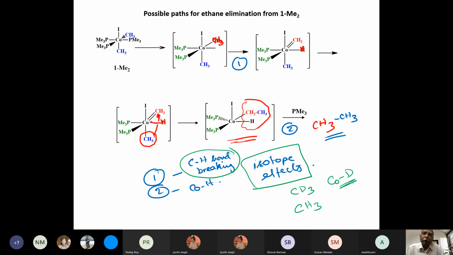In organic chemistry, if you have learned enough physical organic chemistry, you would know that the difference in the rates can be as high as 7 times. CH is easier to break by 7 times. Why? Because of the zero point energy of CH and CD. The zero point energy of CH and CD is different. CD is lower, so it requires a greater activation energy, and as a result, it is usually a slower reaction.